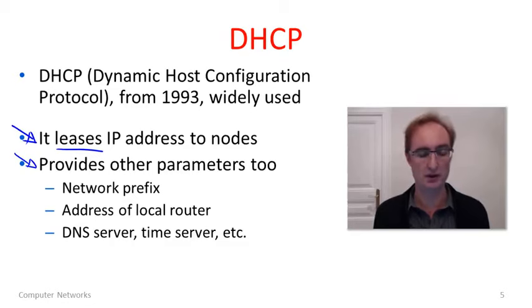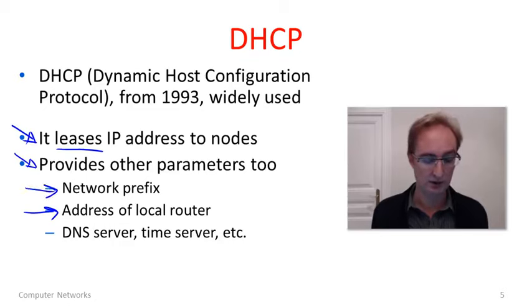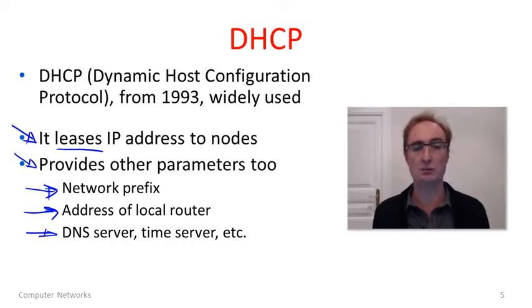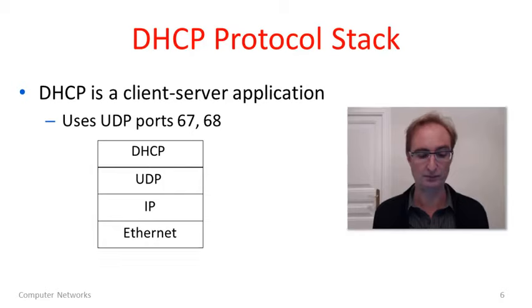It's quite useful, not only an IP address, but other things we would need to know to use the network. For instance, you might want to know the IP address of your local router, the network prefix you're on, so you can decide whether you're trying to send to another host on the local network or a remote host, as well as sundry other information that we haven't got to yet, but you could imagine would be very useful, such as a time server to be able to set your clock, and a DNS server that's to be able to translate host names like